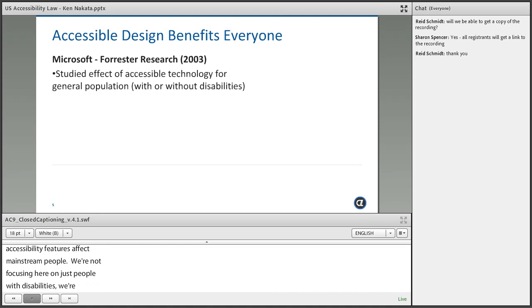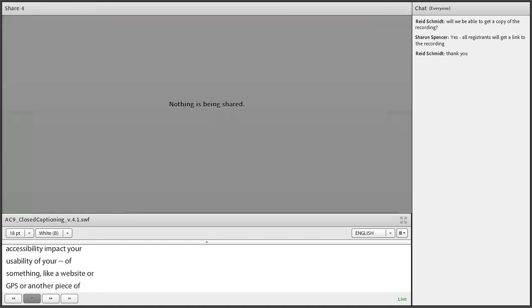So this includes people with disabilities, but it basically means picking random people off the street and asking them, well, how do these different features of accessibility impact your usability of something like a website or a GPS or another piece of technology in a general kind of way. And what they found was that,